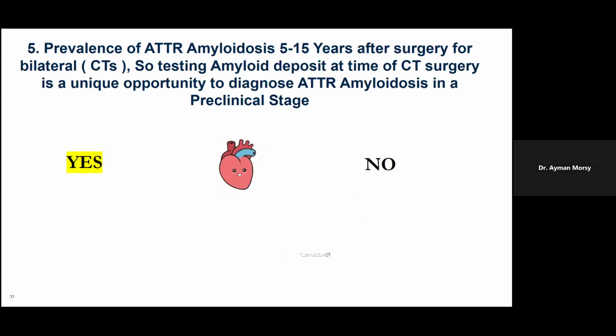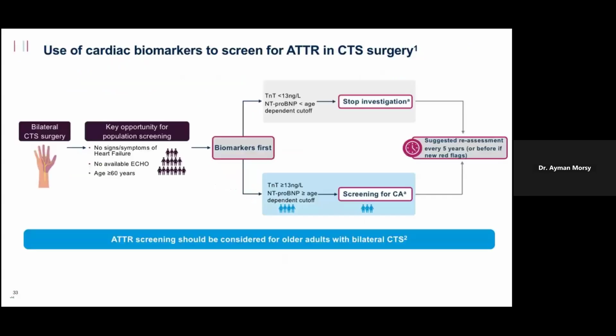Again and again, the presence of bilateral carpal tunnel syndrome most of the time comes 5 to 15 years earlier. That's why we always approach it this way. Any surgeon working on carpal tunnel, always before you start, make a very simple test. Apart from taking a biopsy, no, use a biochemical marker. So all people going for carpal tunnel surgery, especially bilateral carpal tunnel syndrome,